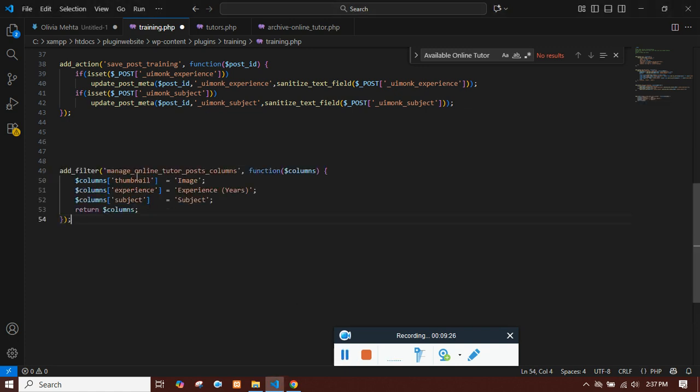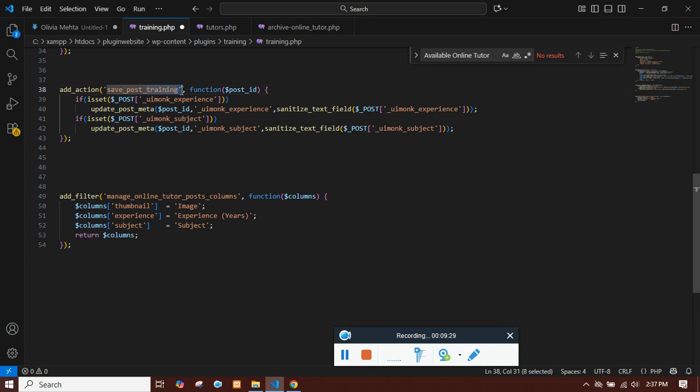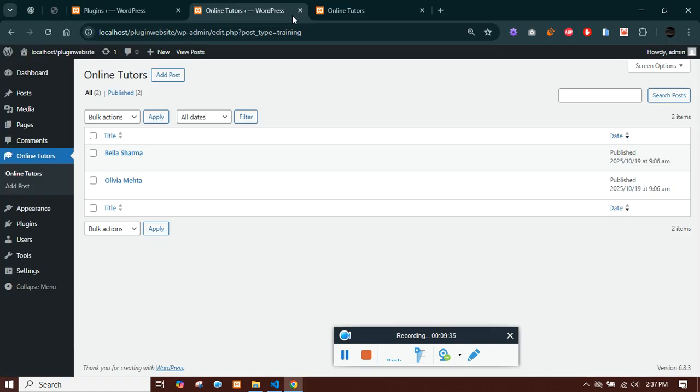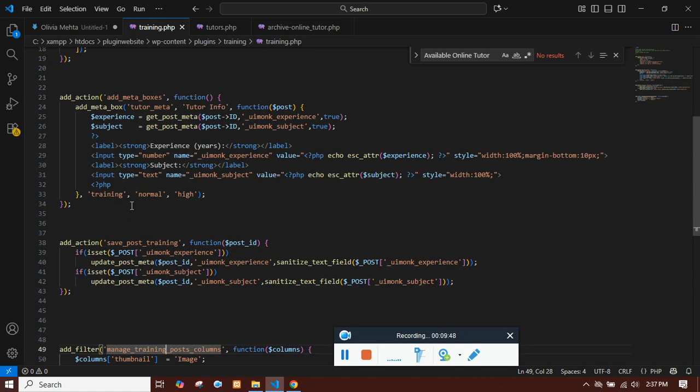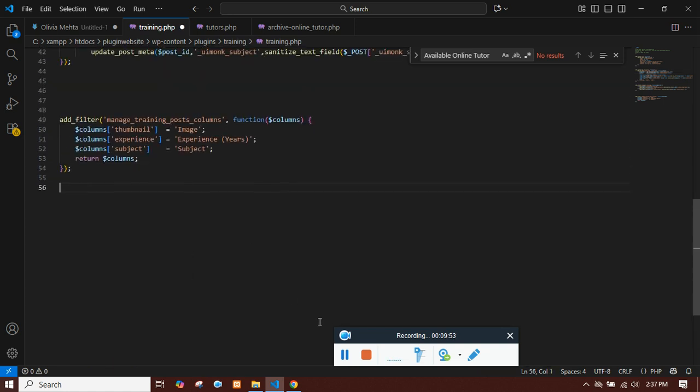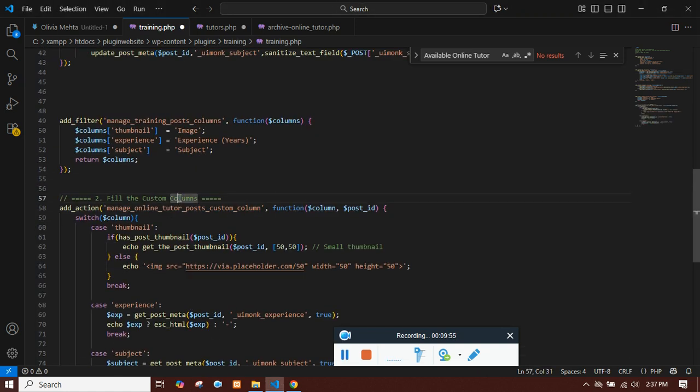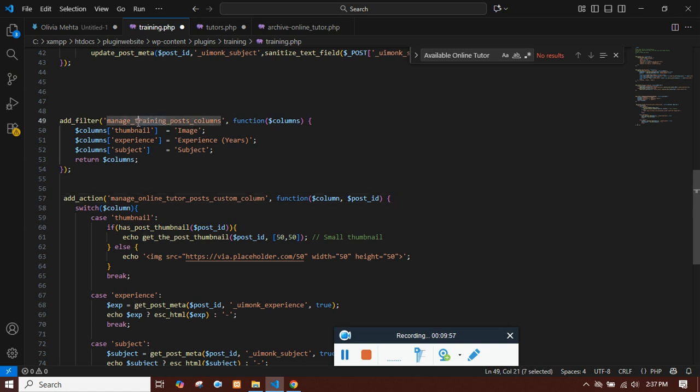So our CPT is training, and we have to just replace this with our training CPT, and these are the columns. I want these three columns to be displayed on this particular table, and after that the relevant data can be retrieved. As you know, since these are the meta box data, they are stored in WP post meta, and we can access them with the help of get post meta as we have done here. So let's do that. We will be using a switch case, and we just need to pass the CPT properly,